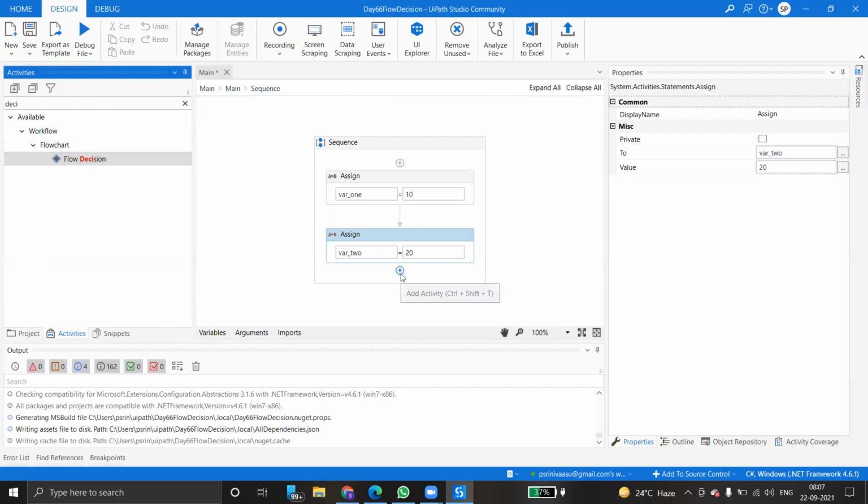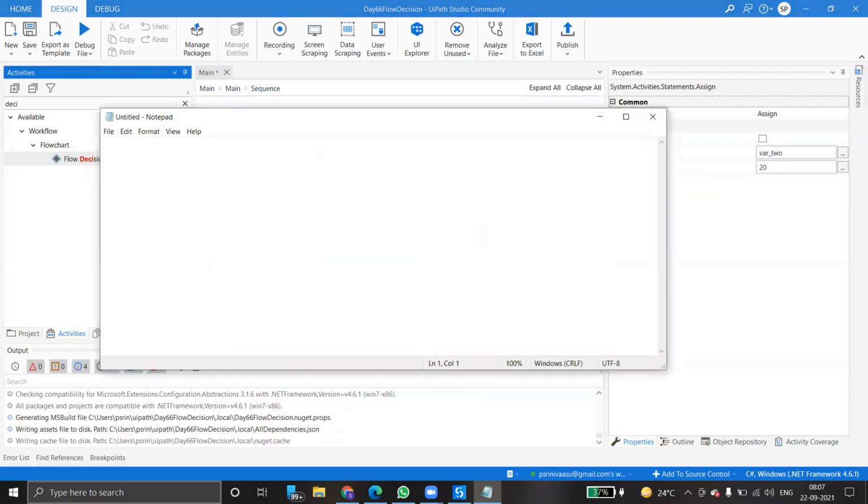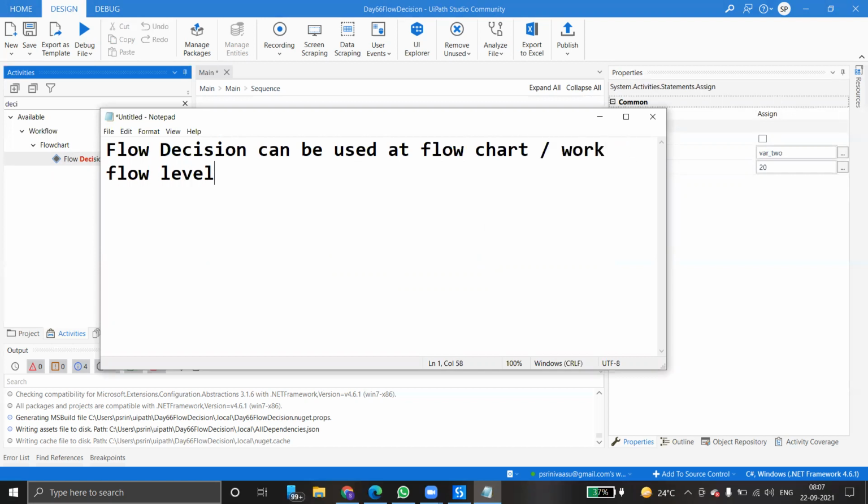Can we add flow decision here? No. So, the difference between a flow if condition and a flow decision: flow decision can be used at a flowchart or workflow level. We can't use it at a sequence level.